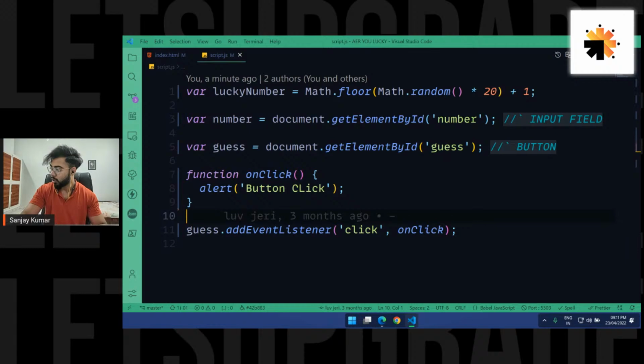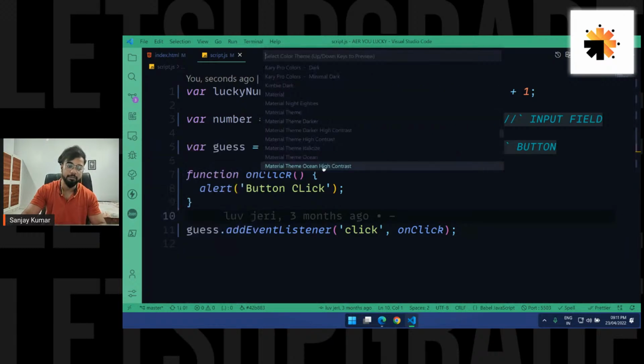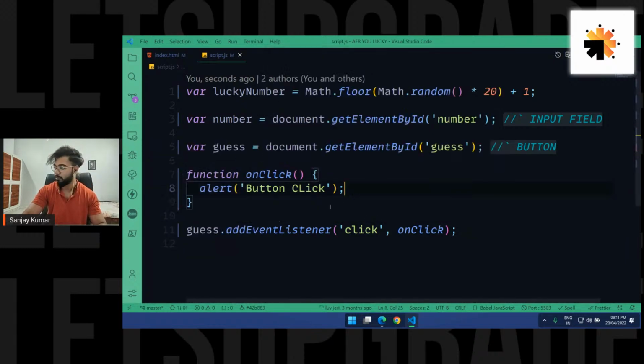Okay, what's your VS Code theme? My VS Code theme is Material Theme Ocean High Contrast, something like that. Okay,